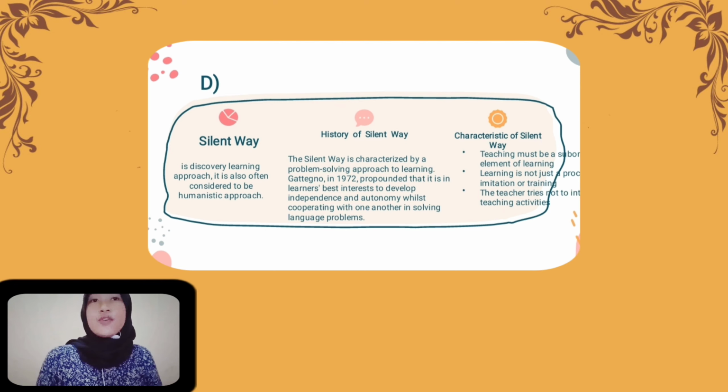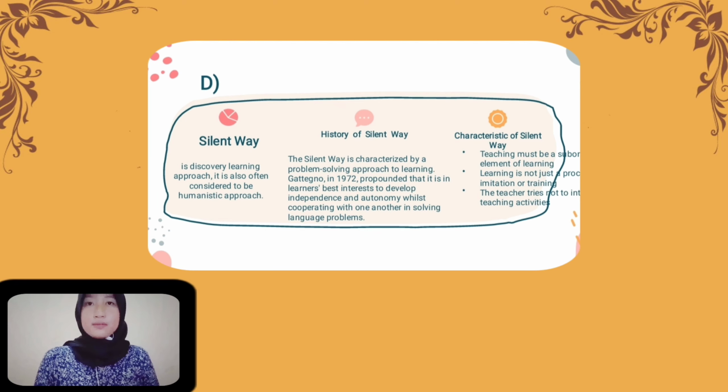This methodology came in for an onslaught of criticism. It was considered harsh and not conducive to learning. If the teacher was distant, they said, there is something to be taken from the independence and cooperation between learners that the silent way promoted. Characteristics of the silent way, general characteristics according to Stevick